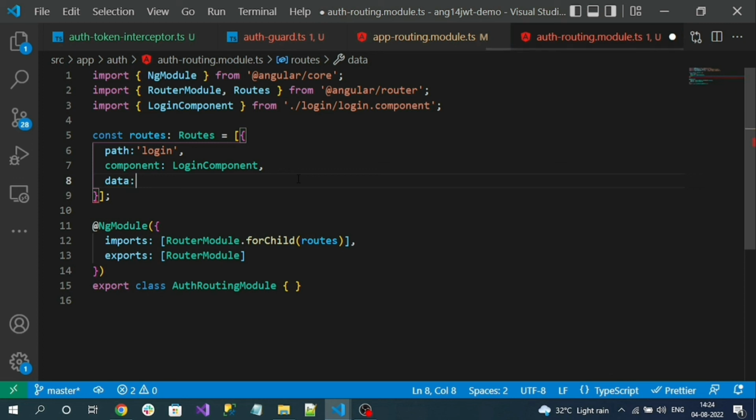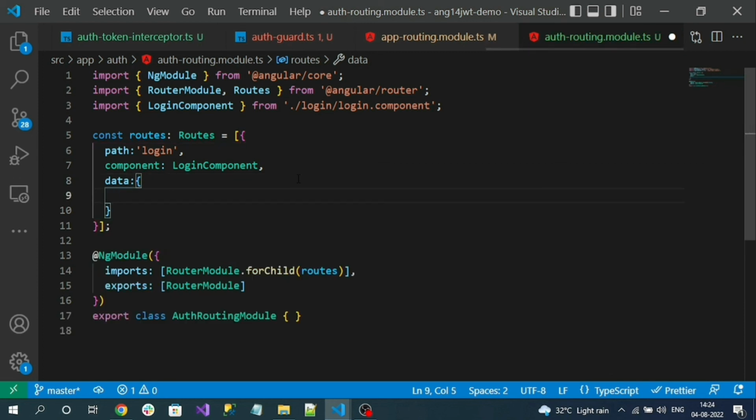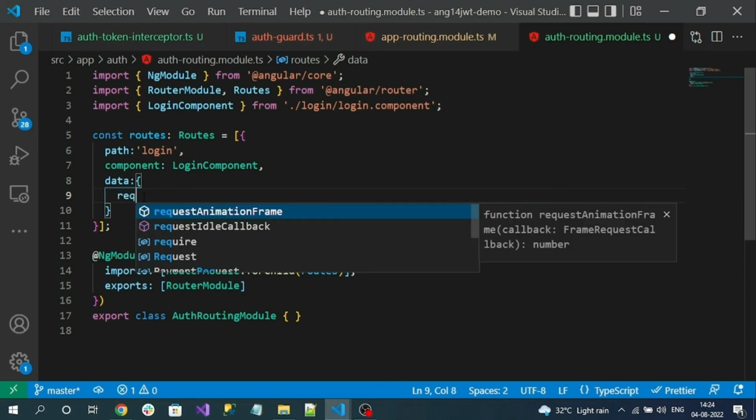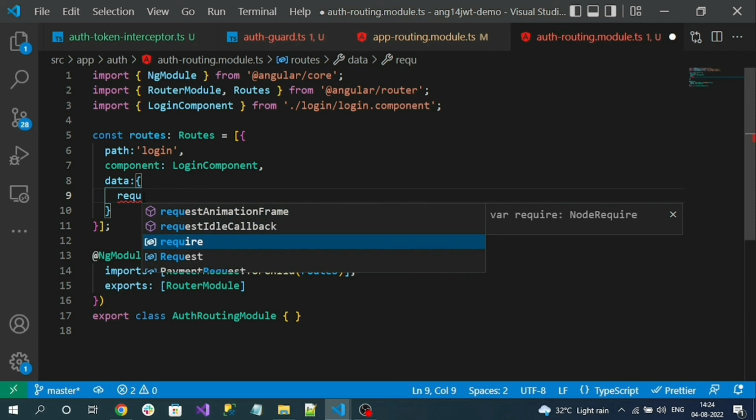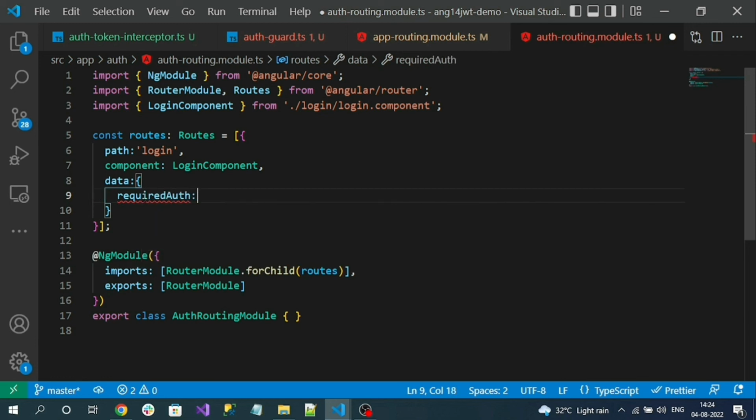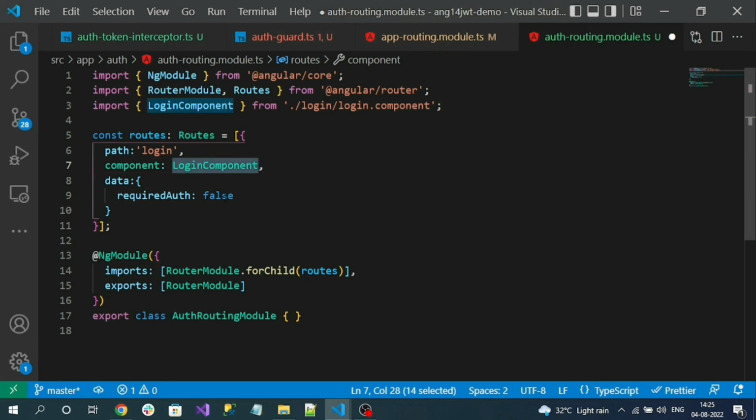In routes you can assign additional data using the data property. To this data property you can give any kind of property, as it takes an object. This property value you can read in the route guard. So I will name the property requiredAuth. This is my custom property. For this there is no need for authentication, because it is a login component, so I specify false. So copy this again